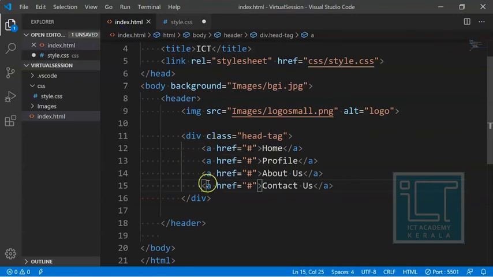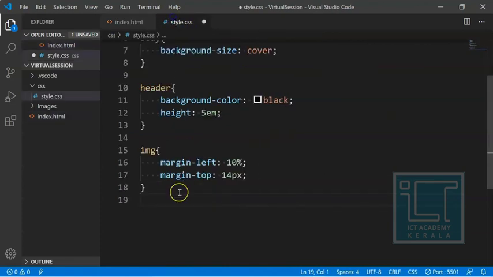I have put all the anchor tags into a single div, and I have given it a class name called head tag. So I just simply call the class. A class is called using the dot, and the class name is head tag. If it was an ID, I would call it using the hashtag.